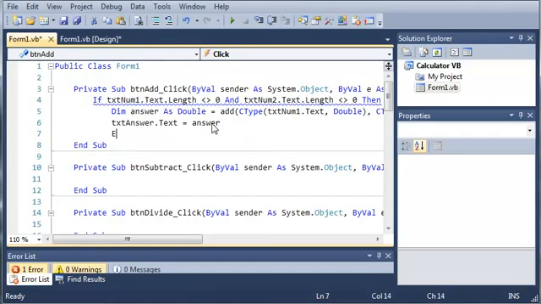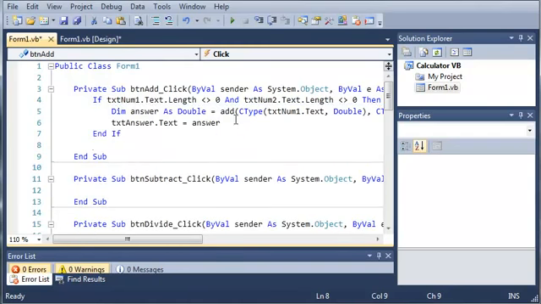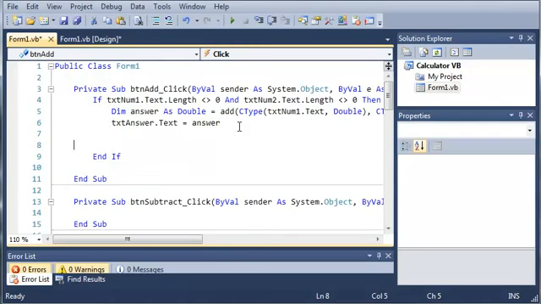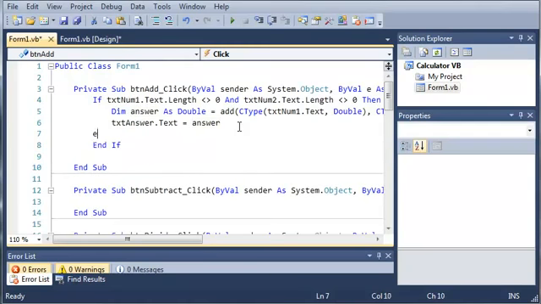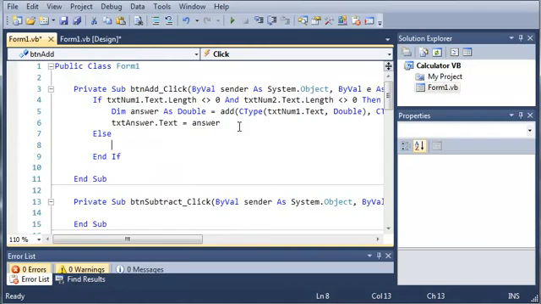So we'll just add an end if right here, and we're gonna add an else statement. So else, and so if one of the boxes is empty, if the length does equal 0 on one of the boxes, then we're going to go ahead and type